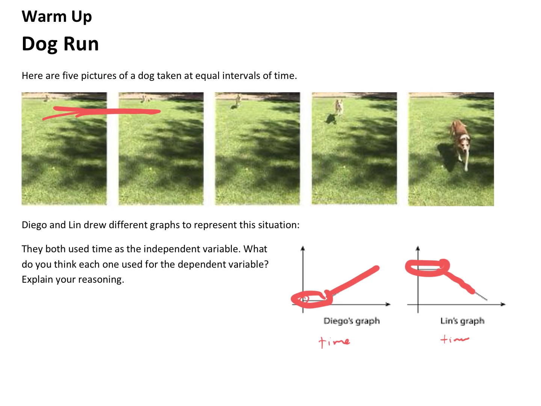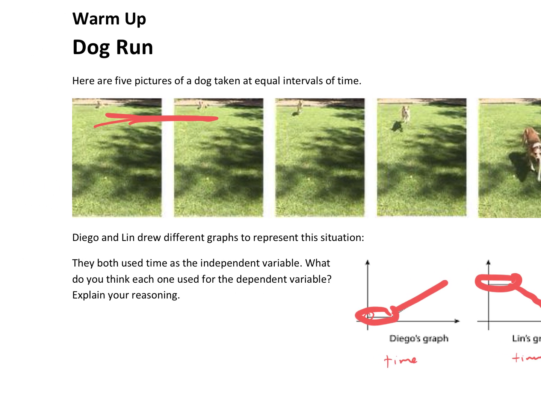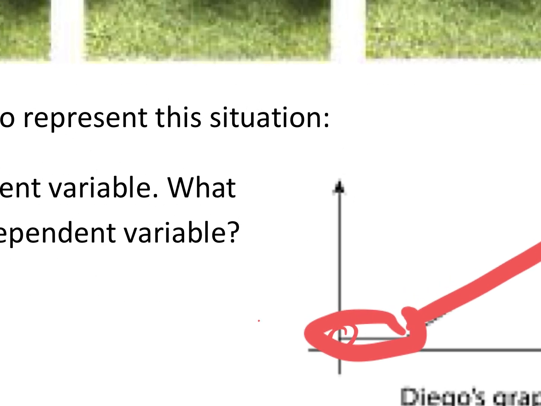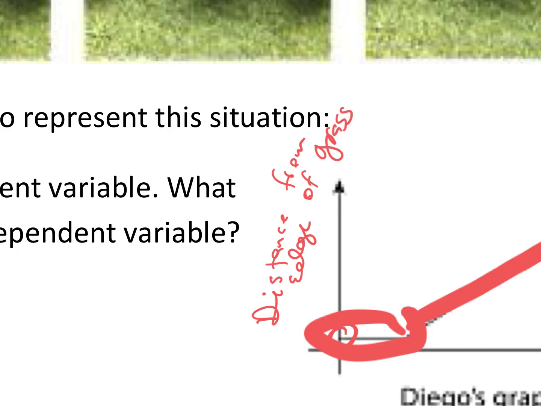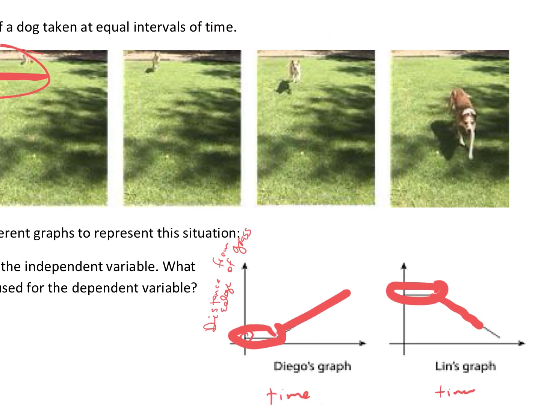So now let's get into, why would Diego's graph start closer to 0? Well, you would start closer to 0 if you were saying, we're talking about how far is the dog from the edge of the grass, right? So when we're in these 2 frames right here, the dog is pretty close to the edge of the grass. So maybe my dependent variable here is distance from edge of grass, because notice in the later 2 frames, when the dog starts running, it gets further away from that 0,